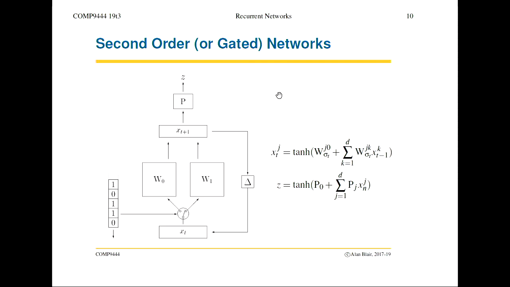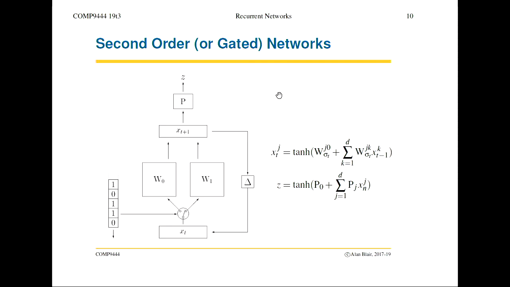The task here is you're reading in a sequence of zeros and ones, and you have to classify that sequence into one of two classes, and you have this hidden unit activation here, and then depending on whether this is a 0 or a 1, you choose one set of weights or the other set of weights, and using that set of weights, you get the next value of the hidden units, and then